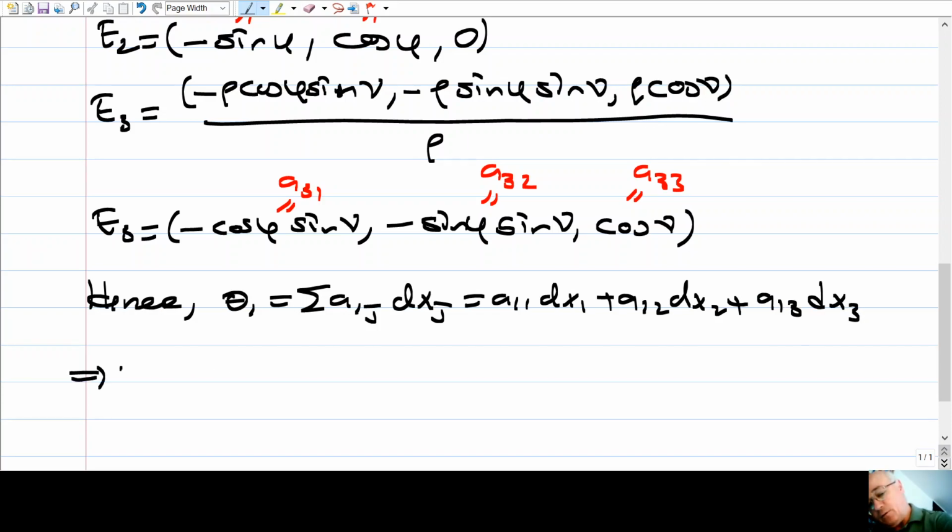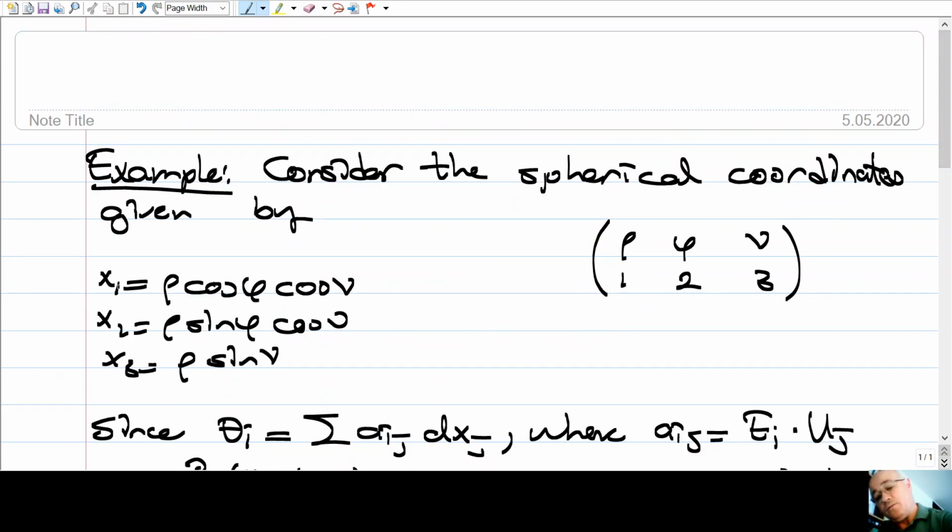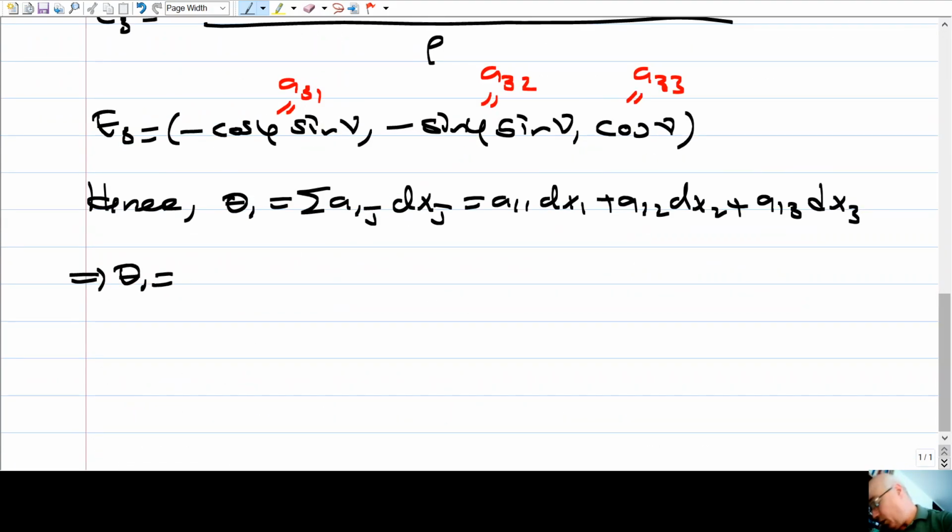All right, so this will give me what? I know what the Aij's are, and what about dx1, dx2? Here this is x1, so I'll just take the differential of this. Let me do one of them. So A11 is just